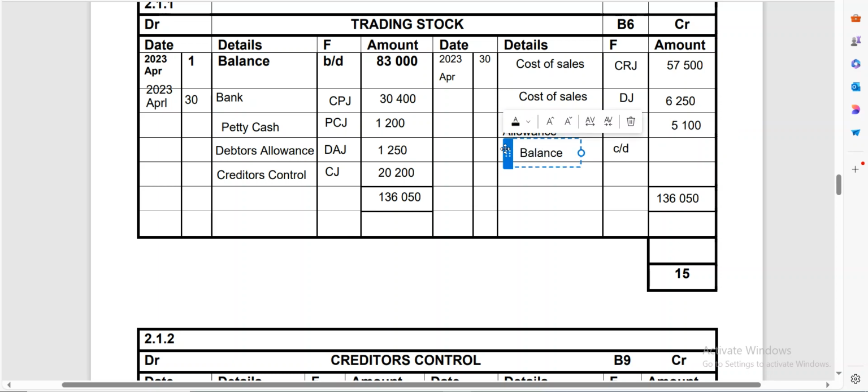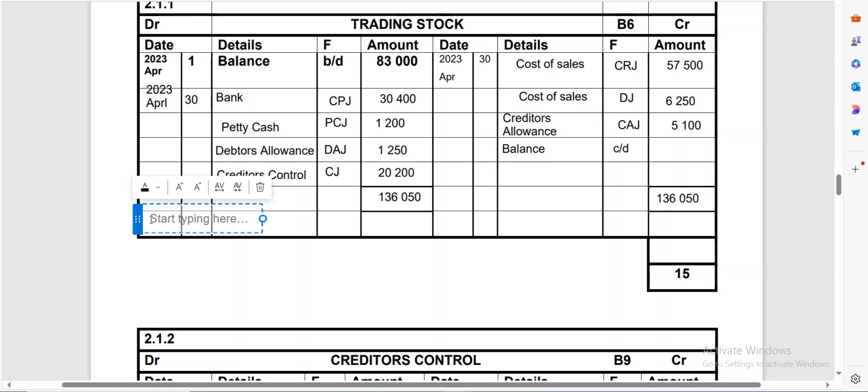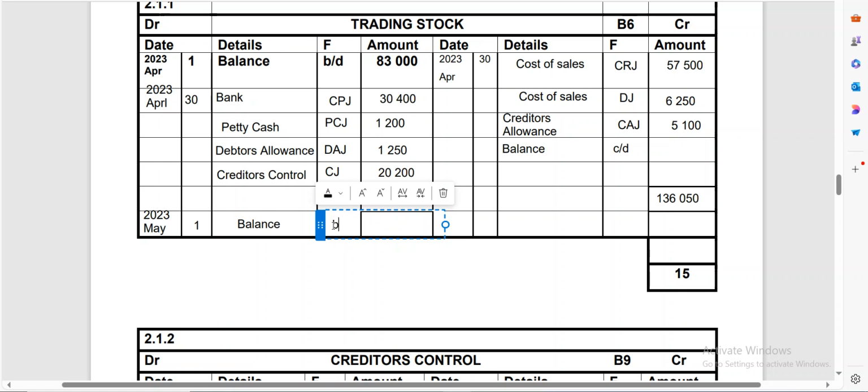Okay, so you need to be careful with this. That balance carried down will come this side, which will have to be the balance brought down for 2023 May the 1st. Okay, so I would have my balance brought down here, and then the amount that I have for that brought down, it's going to be the difference that I'll get. So